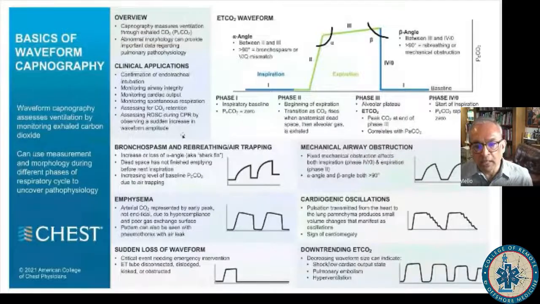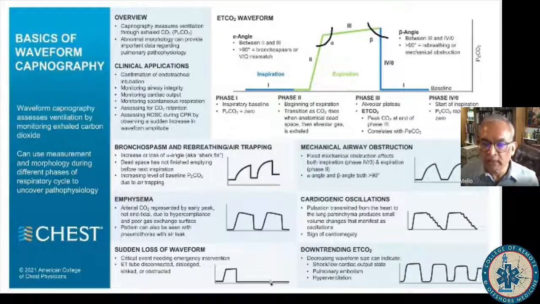This is a better waveform for the different capnograms for you to look at. Shark fin of bronchospasm, a sloping alveolar plateau in high compliance lungs, loss of waveform as in disconnection or cardiac arrest, or a severe pulmonary embolus, mechanical obstruction, which is very similar to the